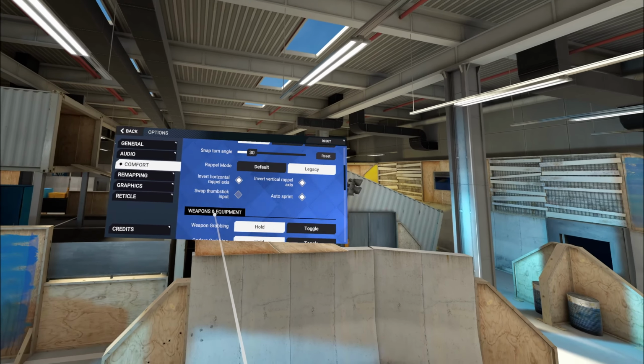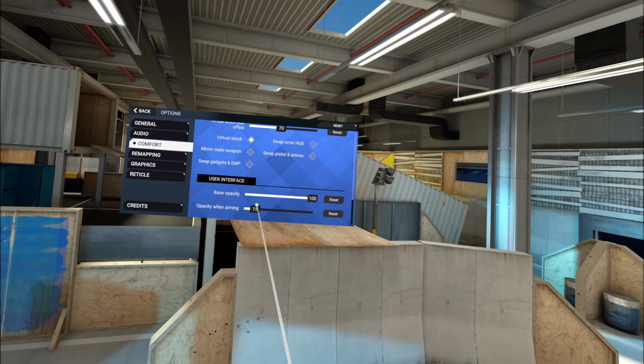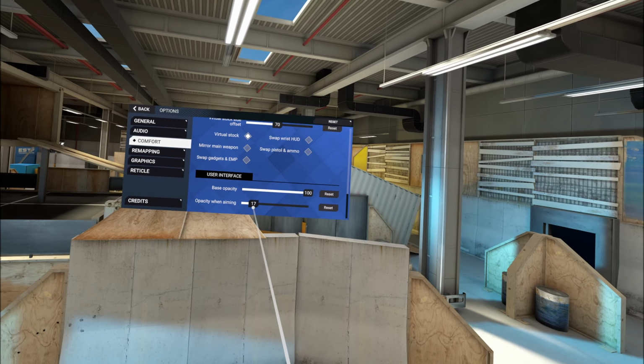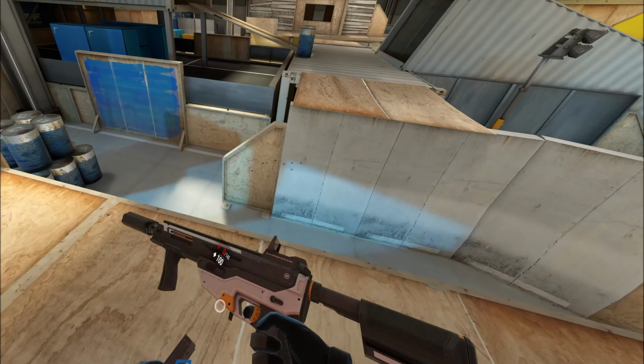Alright, what else we got here? I do want to check out the statics and stuff, because people place statics in very odd positions. Highly recommend putting the opacity down when aiming. I keep mine around 15 or so these days. I used to have it on 0, but...